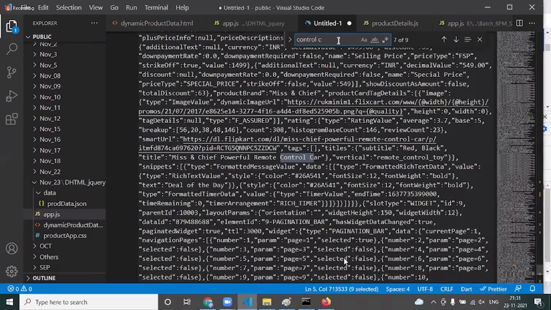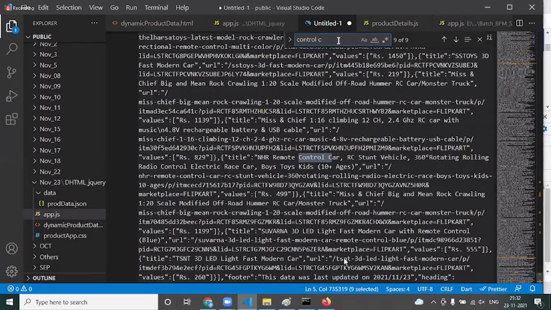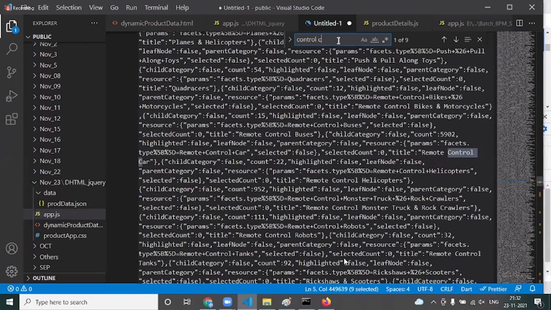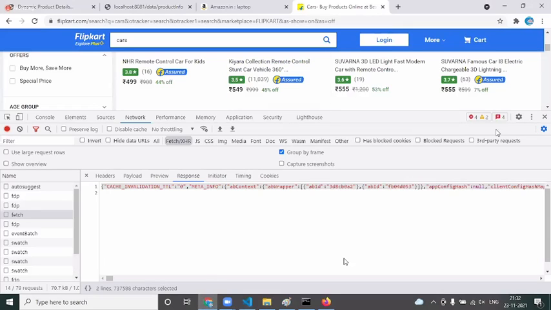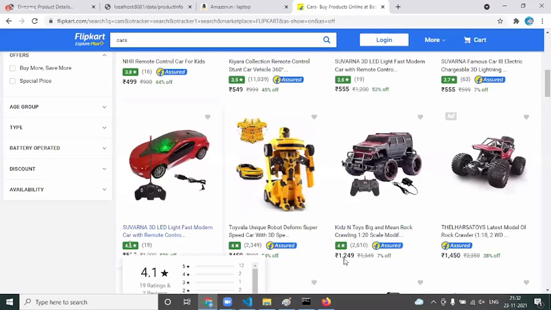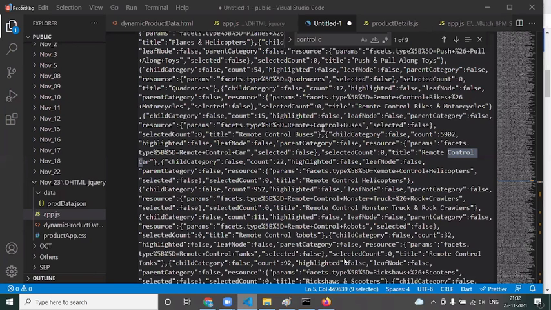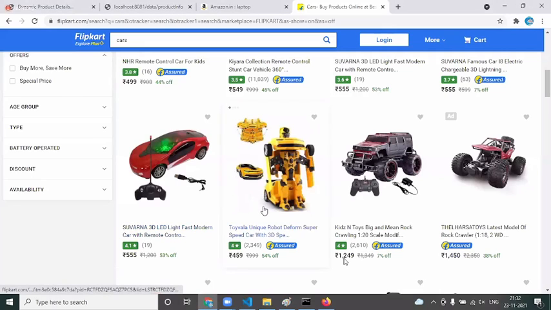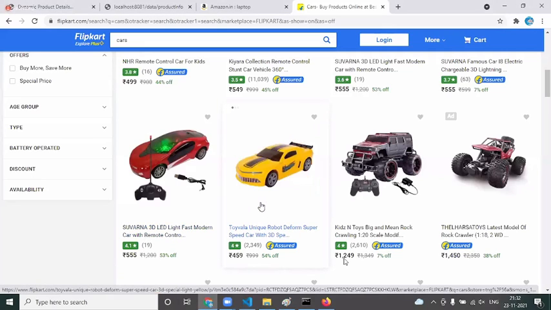This is what they are receiving from the server, and this is what they are actually showing to the user. Remote control car. Every piece of information you see, like the rating 405, the 3D light, Toyota value, every other piece of information on the page is coming in the form of a JSON object. You read this JSON object and show it on the page, and that is where you use the DHTML coding.